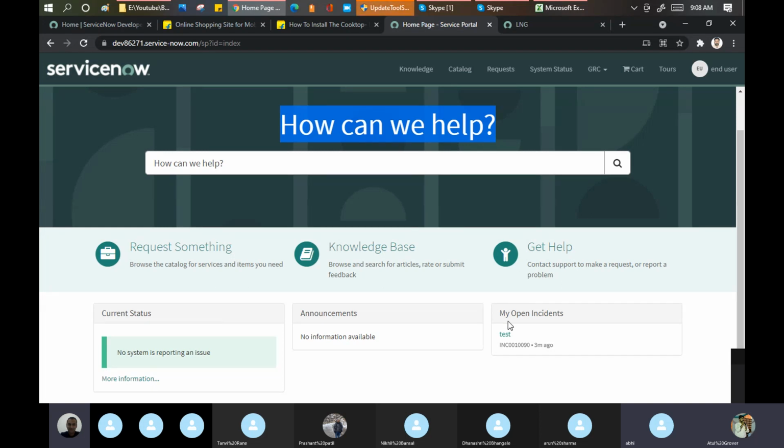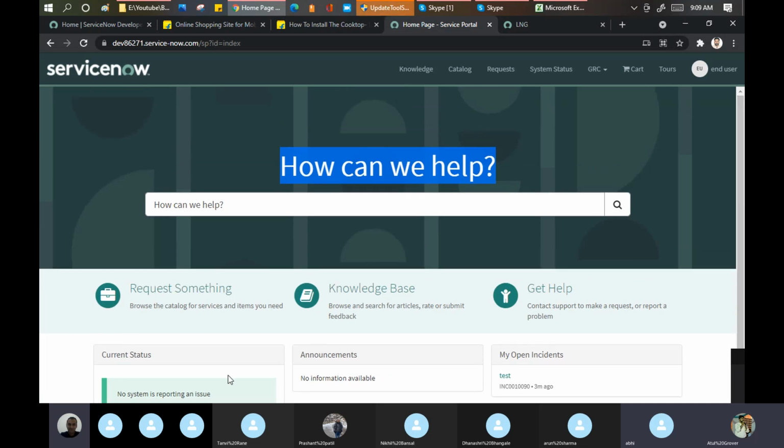If your customer asks whether you can make a change in the portal, you can say yes, but don't accept changes to the widgets in one go, because that is pure customization. You can say I can change the background color, this text, this color as well, but let's avoid changing these widgets.